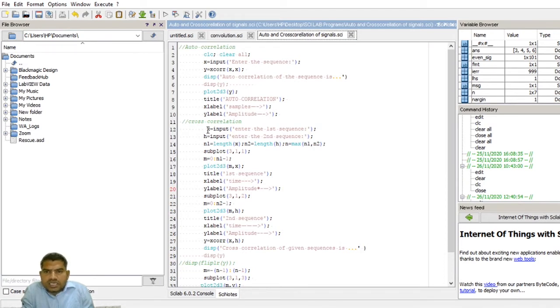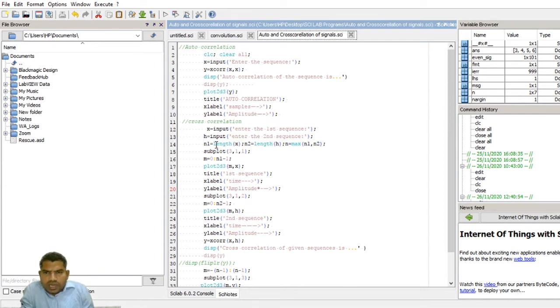Here in cross correlation, x is the input, enter the first sequence, and h is the input, enter the second sequence. I will explain in the theory part how the operation works in cross correlation.